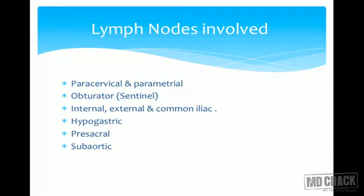Paracervical, parametrial, they are the primary nodes where they are involved. Obturator node is the sentinel node in CA cervix. Sentinel is the first node, which means if we are doing a surgery, sometimes we go for the sentinel node, and if that node is positive, then we go further. If that node is negative, then we don't do further dissection because it has increased morbidity when we go for